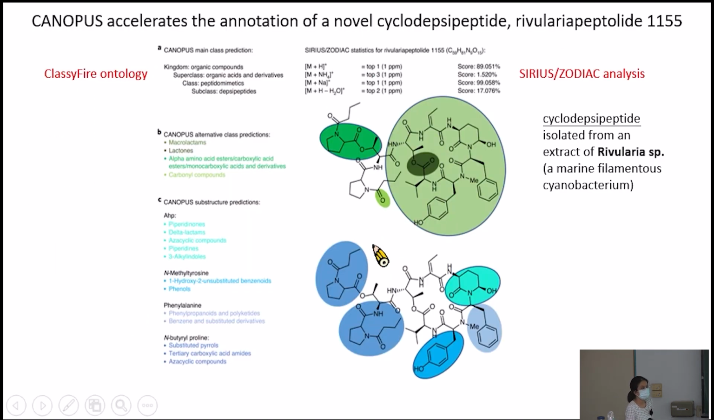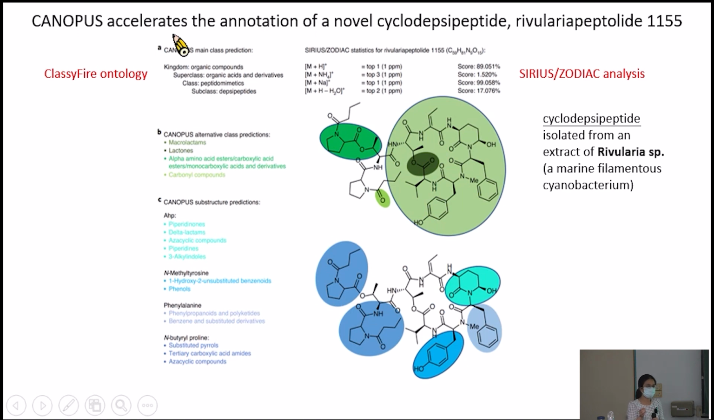And this Canopus tool can also be used for the structure identification. So you can find out that this tool combines two platforms, including the classifier ontology and this series analysis. That is what we are talking about in our first section. And this classifier ontology is a kind of system prediction classification of chemical compound. Okay. So combining these two platforms, they also found that this Canopus can help us to identify the new compound,